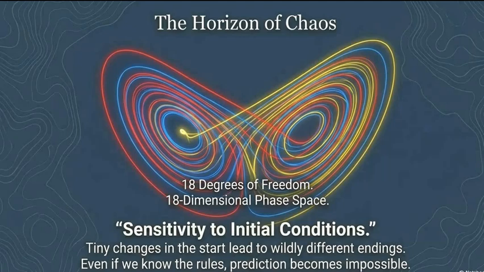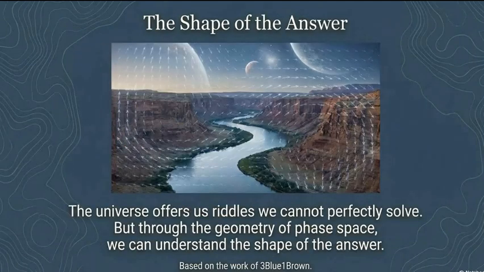On our map, that's a point starting on the angle axis with zero velocity. As time moves forward, the pendulum swings. The angle gets smaller, the velocity gets higher, the point on the map starts to move. It draws a trail. It draws a trajectory. Right. If there were no friction, it would just draw a perfect circle round and round forever. But we have friction. We have dampening.